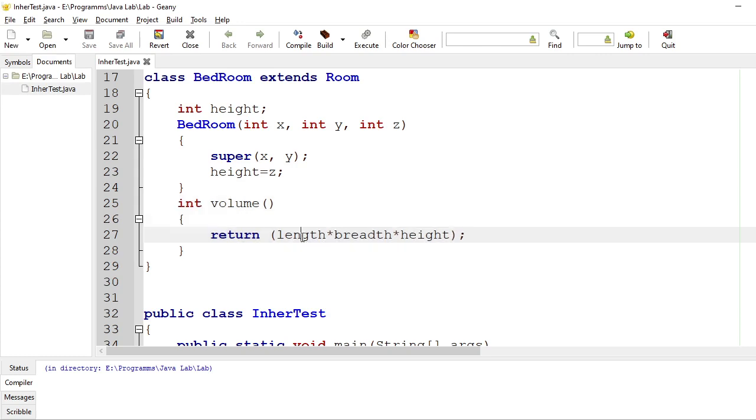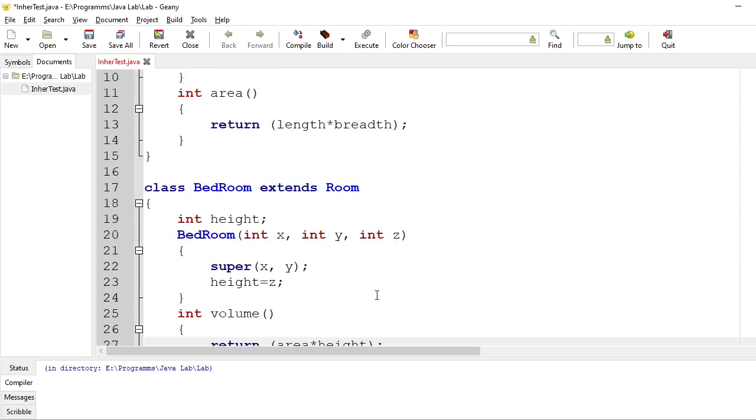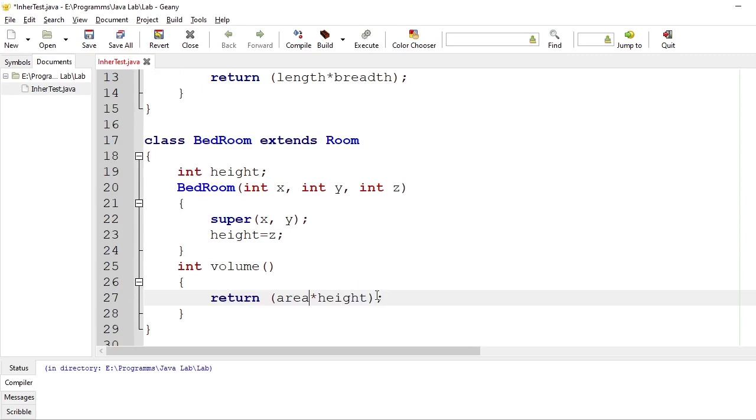So I need the length, the breadth as well as the height. I have taken the length from the base class, breadth from the base class, and height from the derived class. You can also write here, instead of length and breadth, area with brackets.